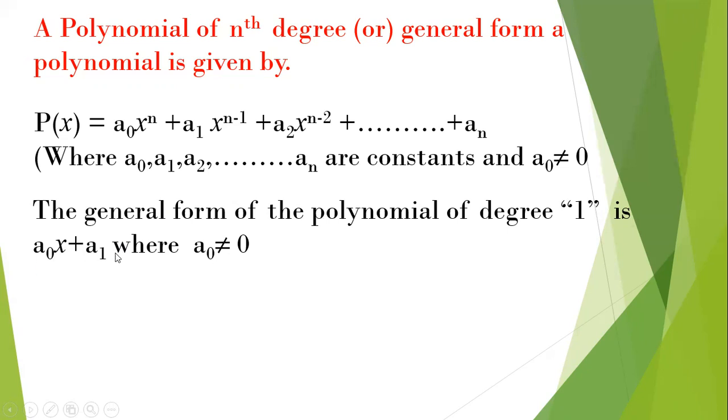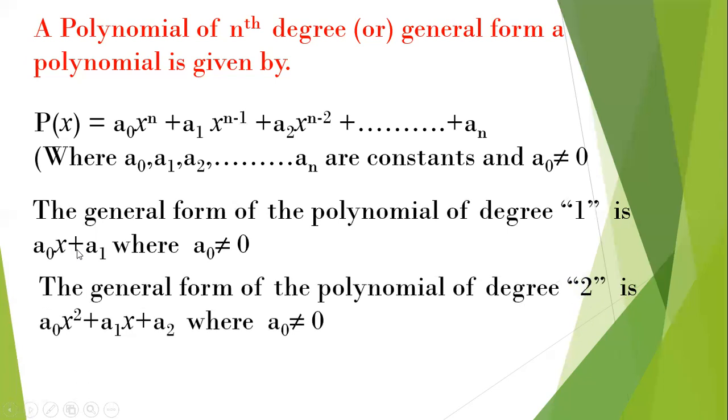So the general form of a polynomial of degree 1 is like this: a0 x plus a1. Let us take x plus 12. So x is the first term and 12 is the constant. In the same way, I will give the polynomial for degree 2. Just apply n equal to 2 in place of n. So x square, next 2 minus 1, this will become the x term, and 2 minus 2, this will become 0. X power 0 means 1, and 1 into 8 gives 8. So this is the form we get.